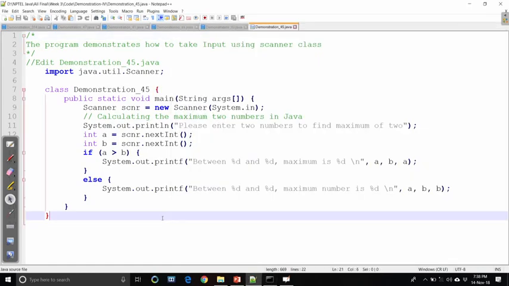We declare one class, the main class, demonstration 4.5. Here you see the first declaration: Scanner scnr equals new Scanner(System.in).